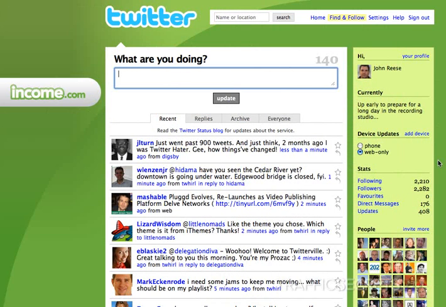Okay, so this is Twitter that you've heard me talk about before. And if you've never seen it, this is basically what it looks like. Looks a little complicated, but really it's not. Once you get used to it, it's simple. What you're looking at is the view from my account when I'm logged in on the web, and yours